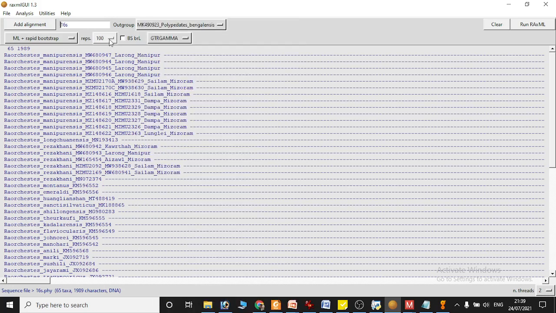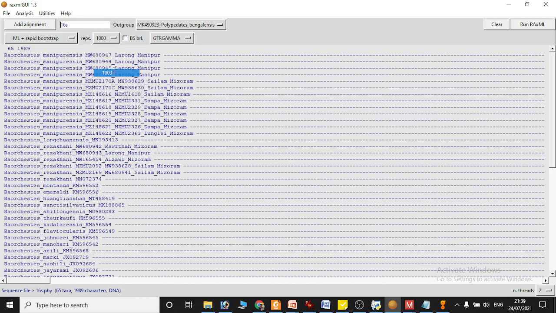I can also choose GTR gamma, because in RAxML we just have many versions of GTR, so we don't have much option here. Let it be GTR gamma. How many replicates? 100, 200, 500, 1000.